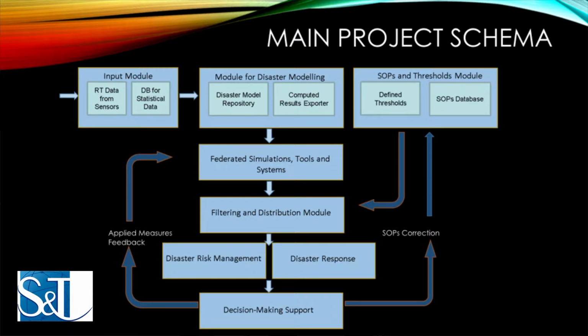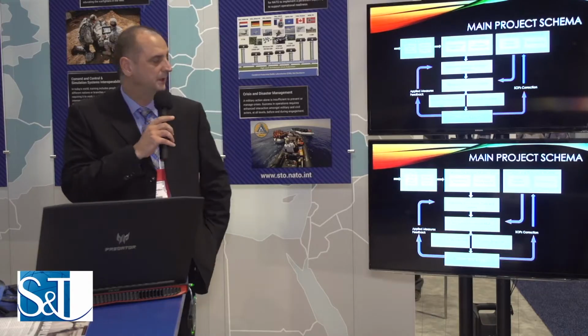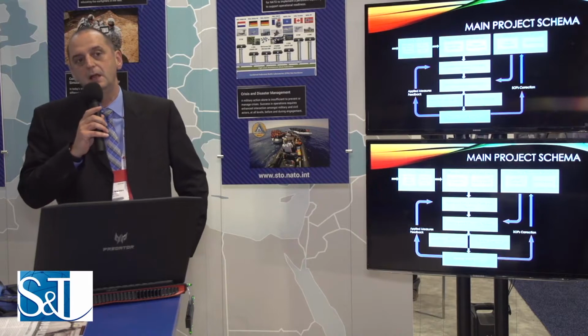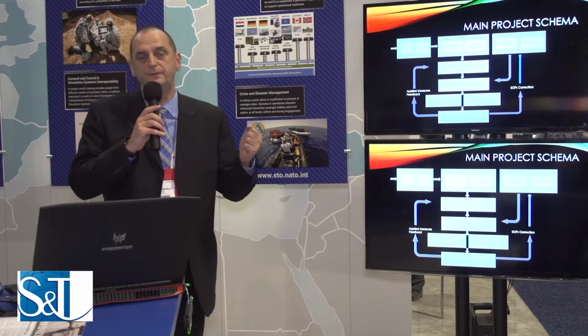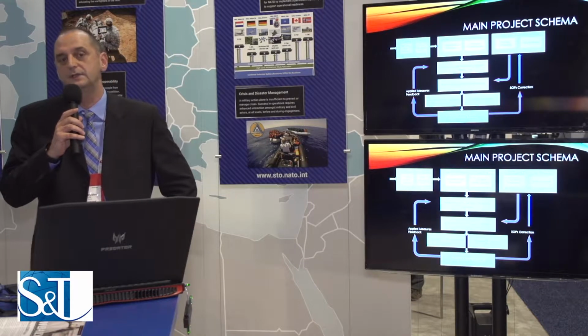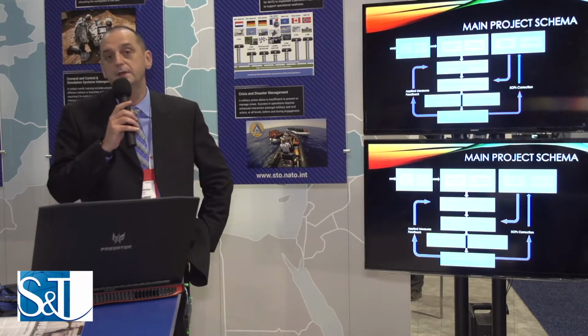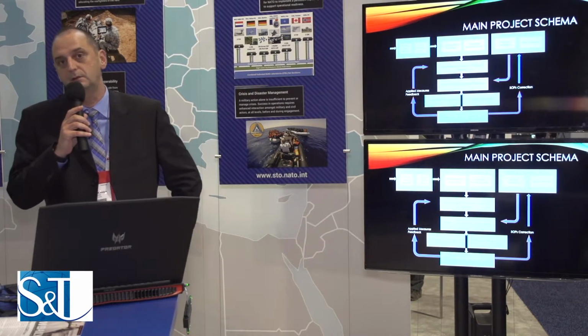Okay, now I will try to explain this schematic, what our idea is and what we would like to achieve. We are using different types of data that exist everywhere: real-time data from sensors, or historical data. And you know that universities, governments and all government organizations have different types of models for different types of disasters. We don't want to create a new type of model; we would like every decision maker to use the model which he would like and is accustomed to working with.